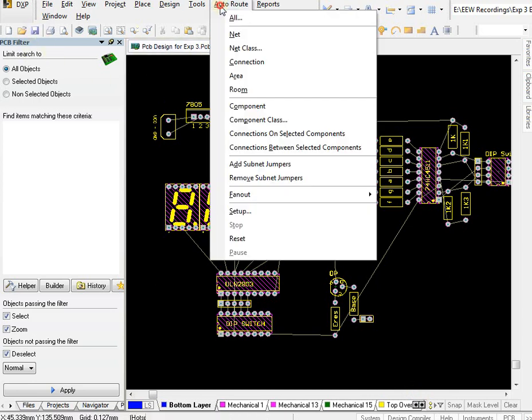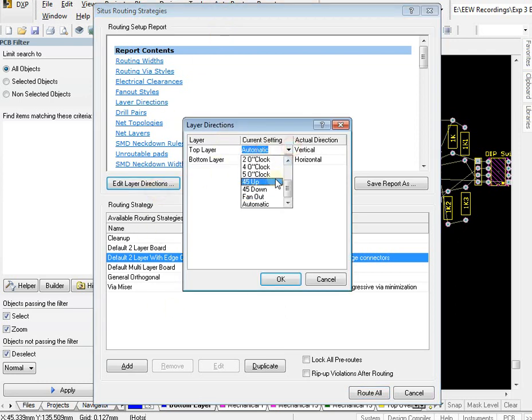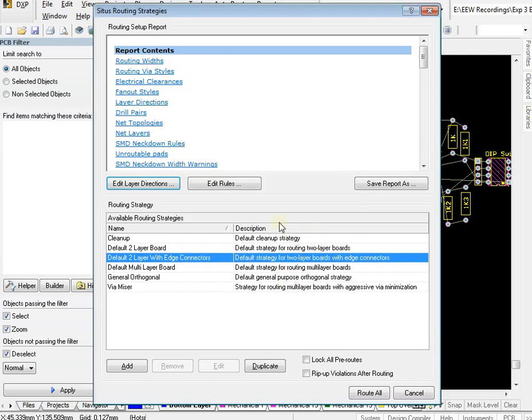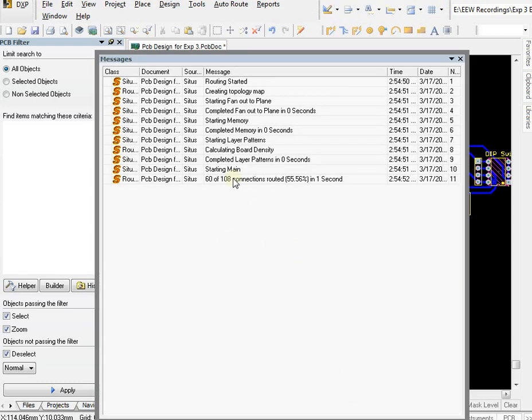So what I am going to do, I am just saving it, edit layer directions. This time I don't need to do the top layer, it's not used. Okay, I am going with default 2-layer board. Because it's a single layer board, it's nothing fancy. Even if you use cleanup or the second one, no issues over there, because I am only using one layer, that is actually bottom. Now as soon as I will click this one, the software will actually try to do the